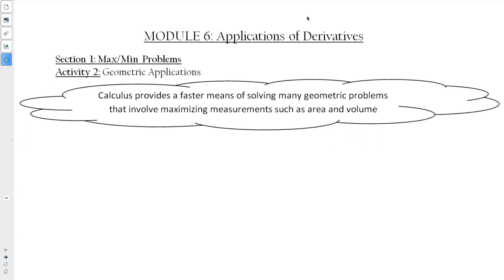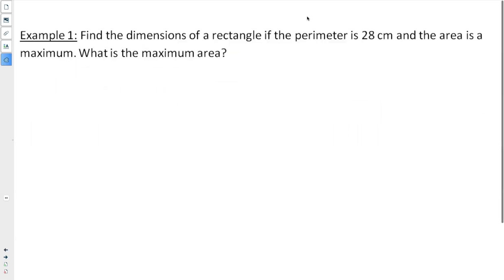So for our first example, we're asked to find the dimensions of a rectangle if the perimeter is 28 centimeters. So let's write that down. Perimeter is 28 centimeters. And the area is a maximum, okay? So